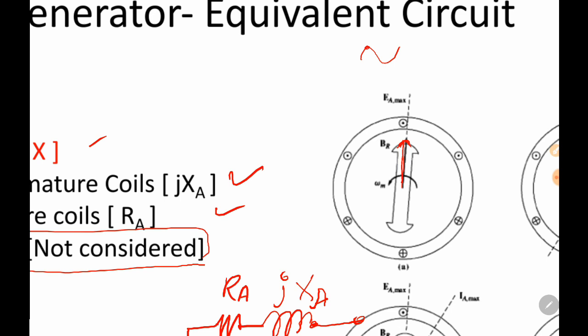So it means the peak voltage will be along this plane. Okay, it means that in this set of windings there will be a peak voltage. Okay, so